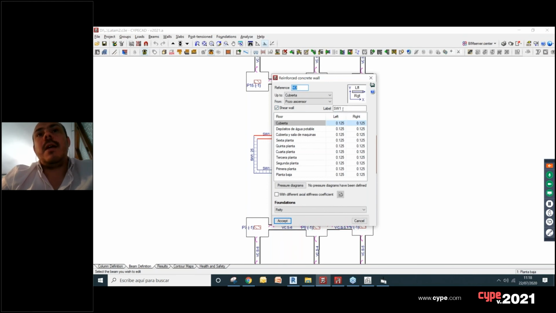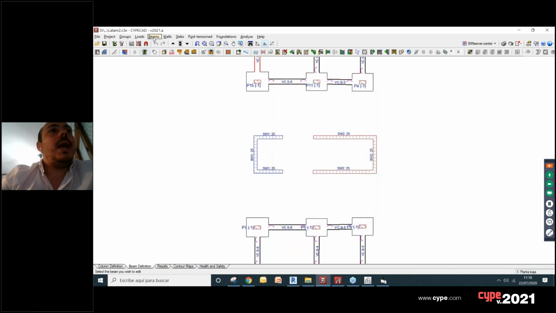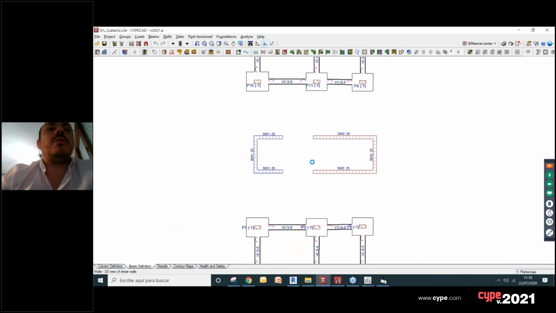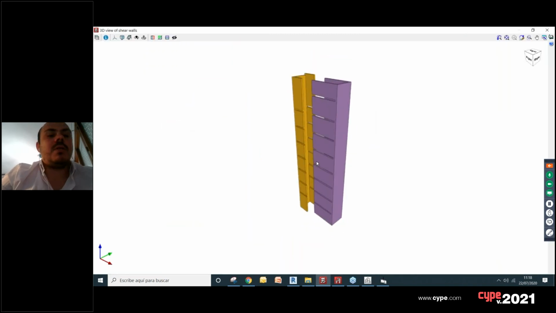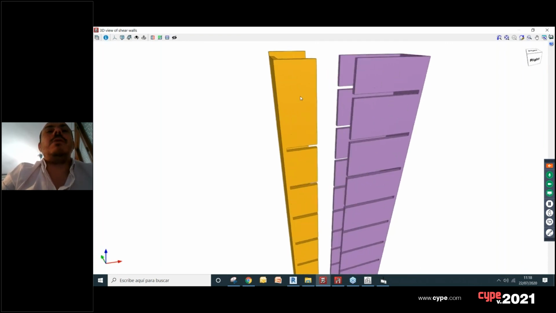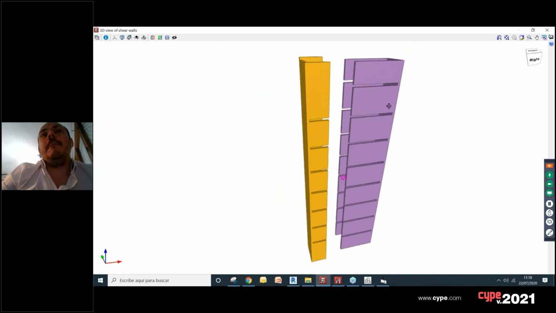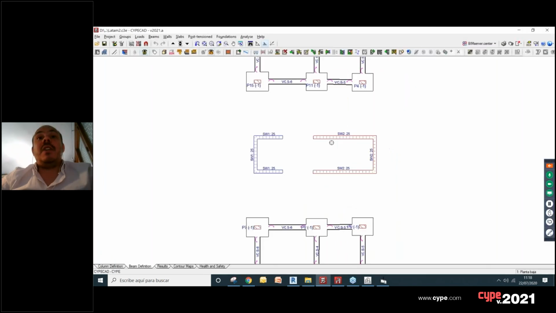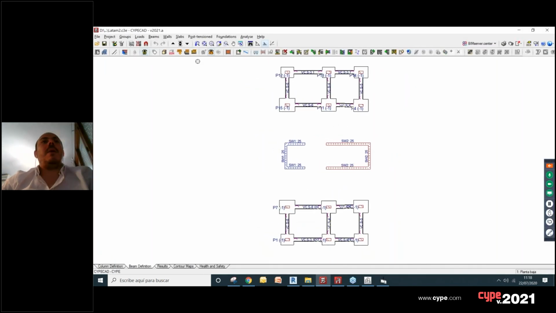This is the size, and this is the label. Okay, and we can see here on the walls menu a 3D view of these shear walls. Okay, these are the shear walls. One label, one name, so the yellow, and then the purple. Okay, for each label, it's going to be a different color. Okay. With that, after calculating the structure here on CYPECAD, we export this